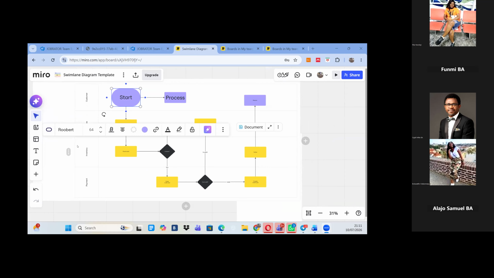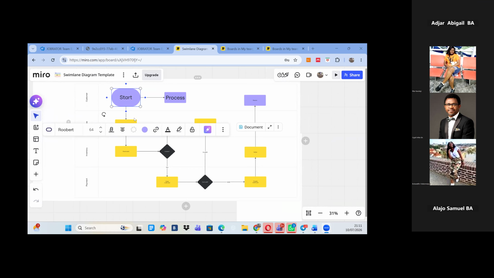For recording. So, what you're looking at is called a swim lane. The reason it's called a swim lane is that it looks like a swimming pool. The reason we have swim lanes is because they give us an easy connection and flow between each of the departments that will be interacting, the user journey, how the users will interact with the